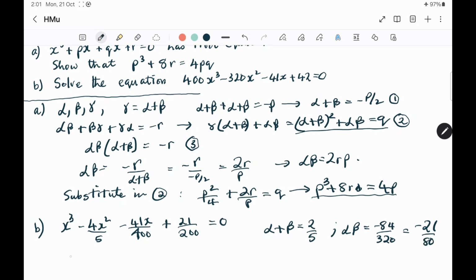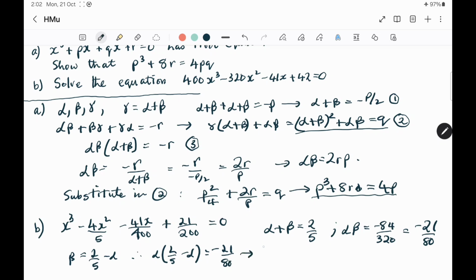Now, beta then is equal to 2 upon 5 minus alpha. And so what we get next is alpha into 2 over 5 minus alpha equals minus 21 over 80,